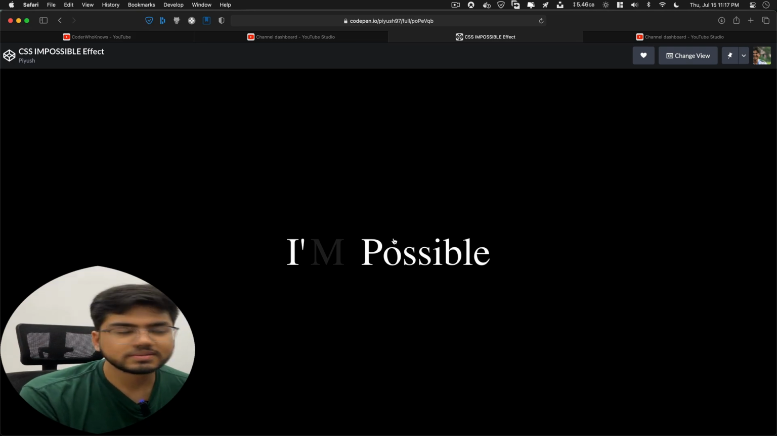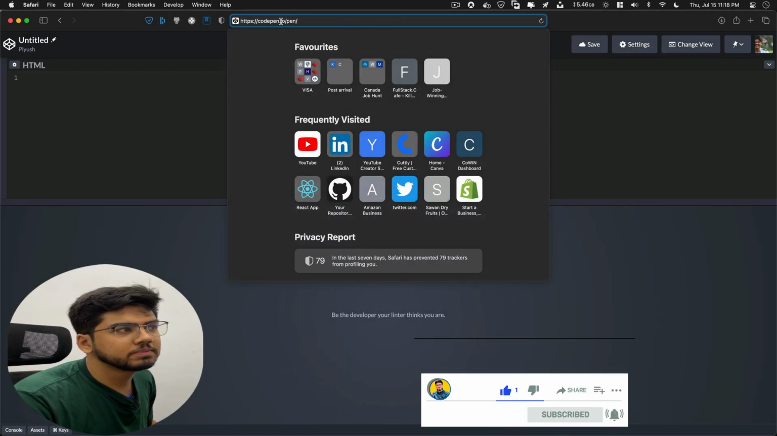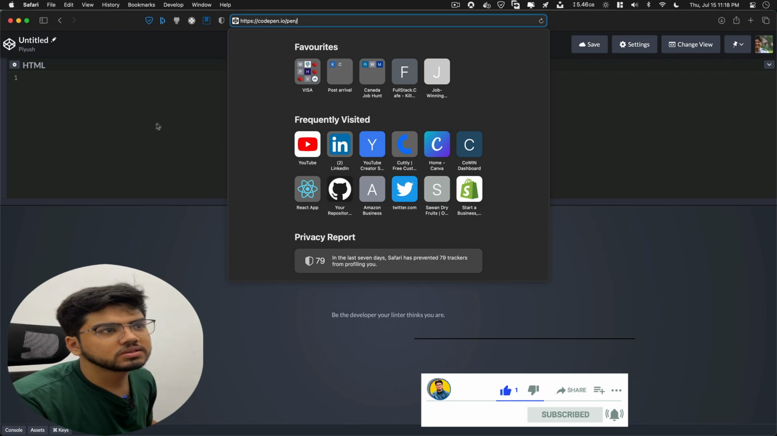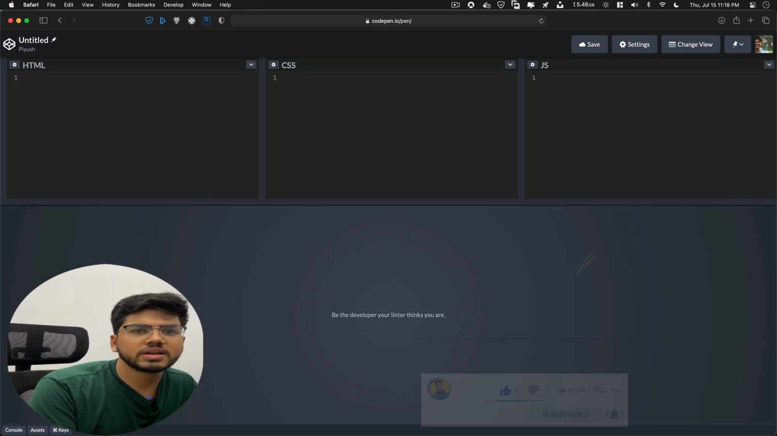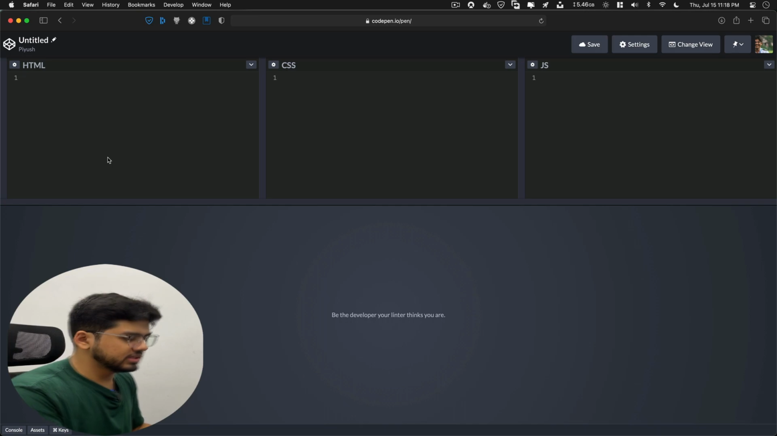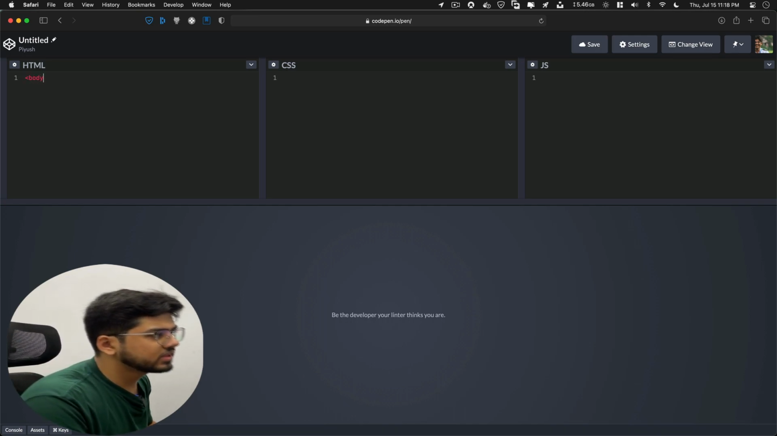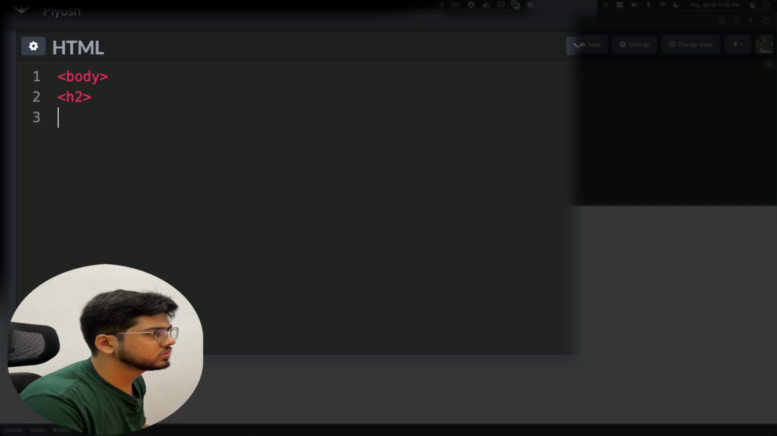So let's begin. So let's start this thing. We are opening a CodePen, codepen.io/pen. You can create your own pen here, and it's nothing but an online editor to show front end stuff. So first we'll create the body element. Inside that, h2, and we'll close that h2